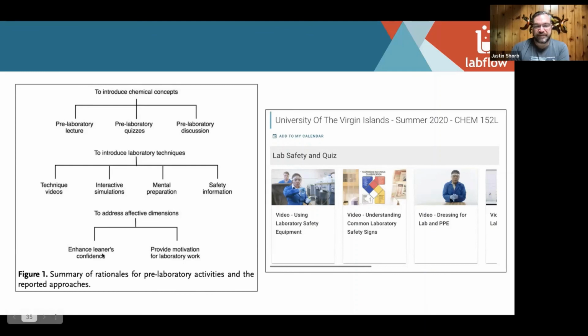So learners' confidence and motivation are all things that are really important in getting students prepared for a successful career in hands-on chemistry. And you'll notice that our LabFlow platform actually has a button to click to add things straight to their calendar. Again, more ways that you can get students to feel at home and comfortable in this digital environment so they know where to go when they need to find information. A lot of students use calendars. That was the biggest request we had, which a lot of people would be surprised. They want calendar integration. They wanted their deadlines for every assignment to go straight into their Google Calendar or their iPhone so that they don't even have to go here to figure out when things are due.